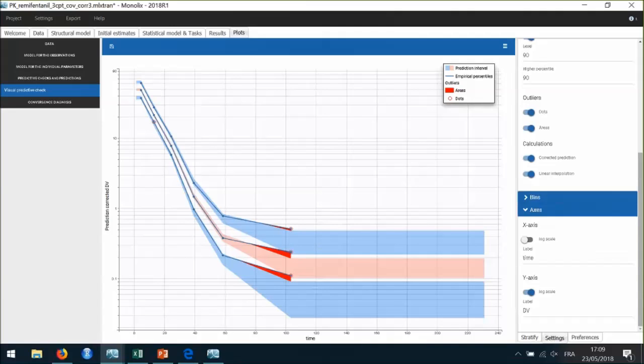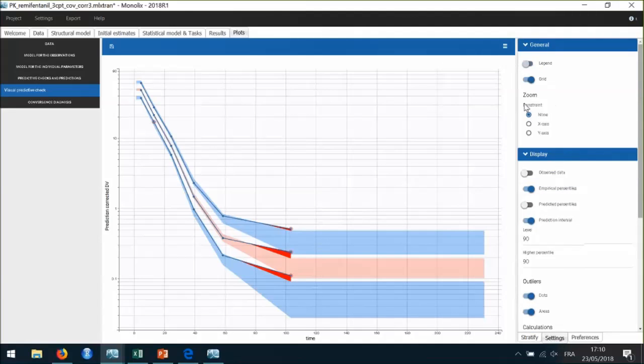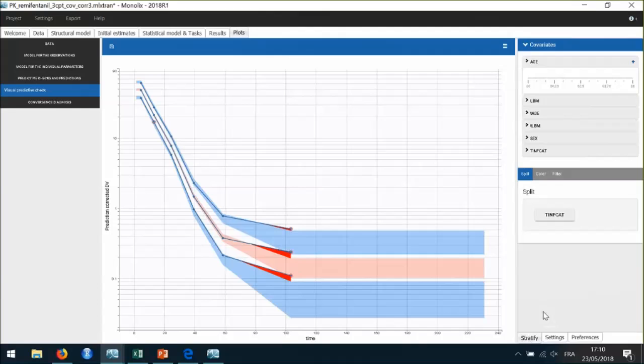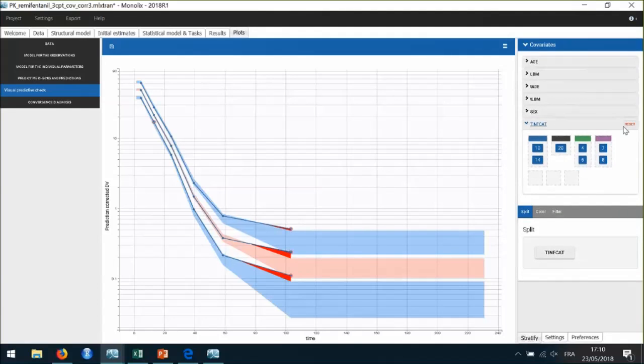Now all the diagnostic plots can be stratified just as we have seen with the data viewer during the data exploration. And for example, here I can stratify the VPC. I will just remove the legend beforehand. And I can, for example, split the VPC according to the categorical covariate T-INFCAT to better see the predictions for more homogeneous subpopulations.